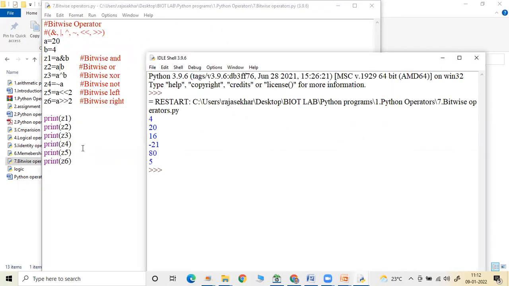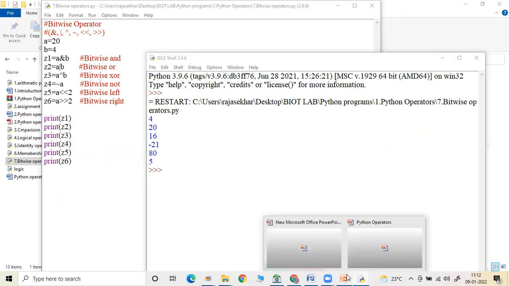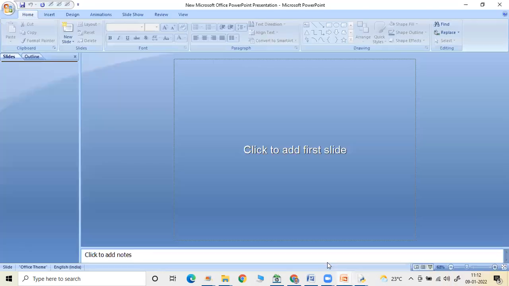We will see in the next video, in one separate video, how we get all these answers. These are the outputs for Z1, Z2, Z3, Z4, Z5, Z6. So the A and B operator output is 4, right? How we get these answers, I will take in one separate session. I hope you understand about all these operators.